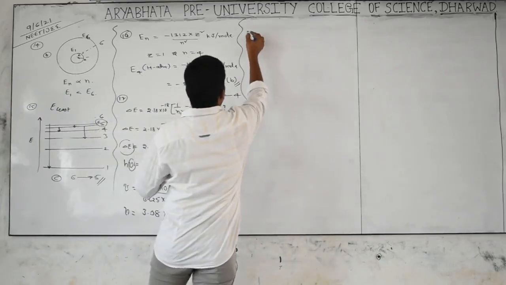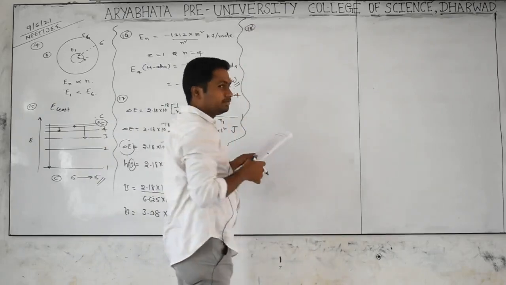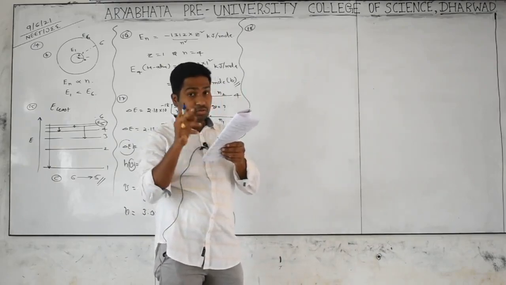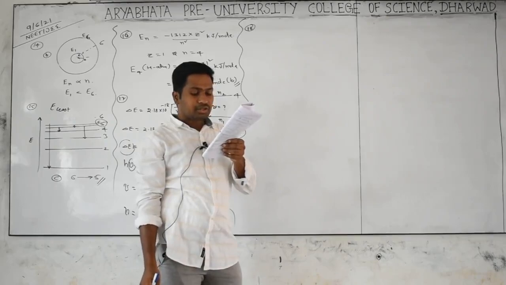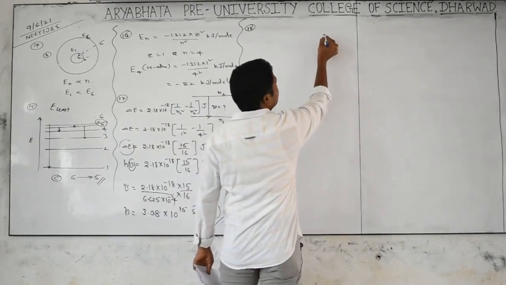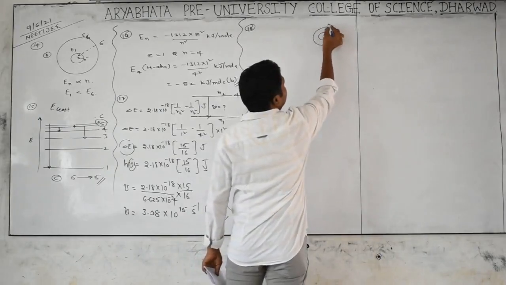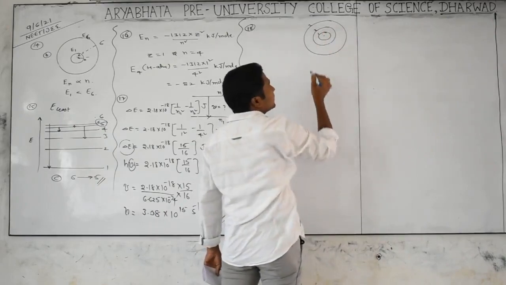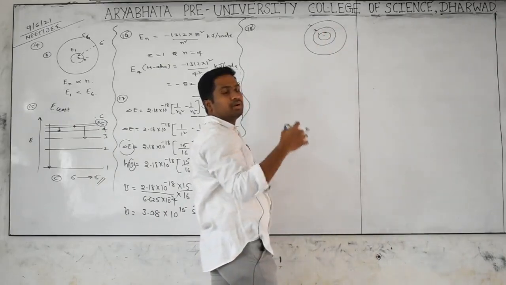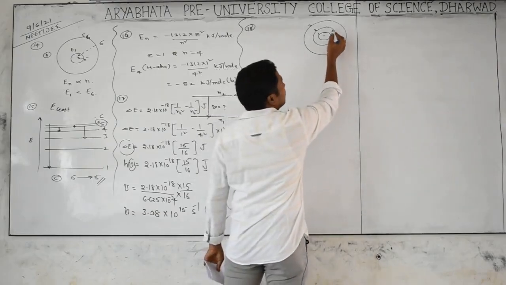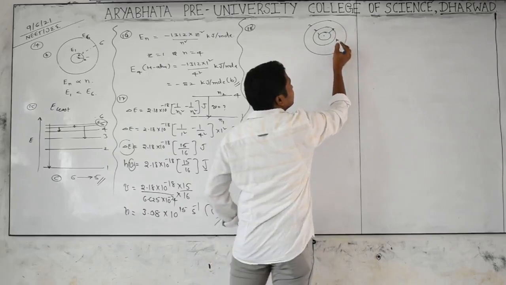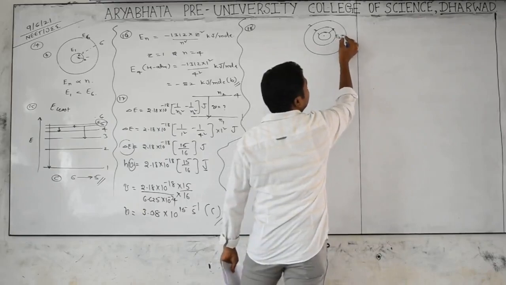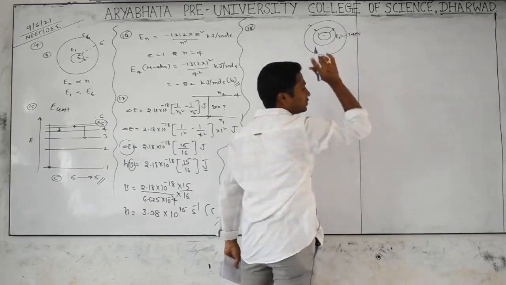You see, next is nothing but the 18th one. You check it carefully. In hydrogen atom, the energy of first excited state. Good question. In hydrogen atom, energy of first excited state. Hydrogen atom means levels 1, 2, 3 like this up to infinite. This is the first one, second one, third one. First excited state means what? Next level only. Why? Because the energy gap is less. So the energy of first excited state is given as how much? Minus 3.4 electron volts. Nothing but the energy of second orbit is minus 3.4 electron volts.